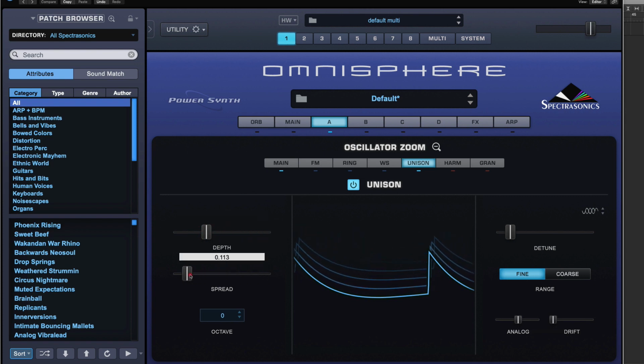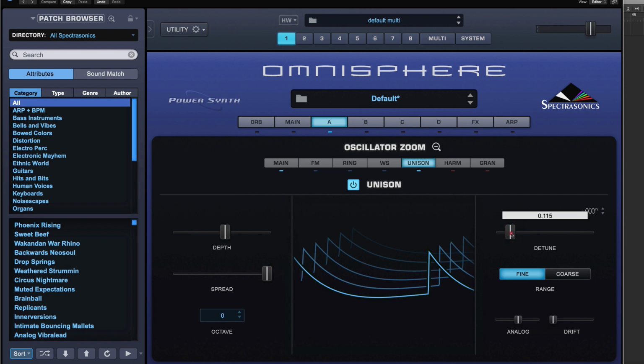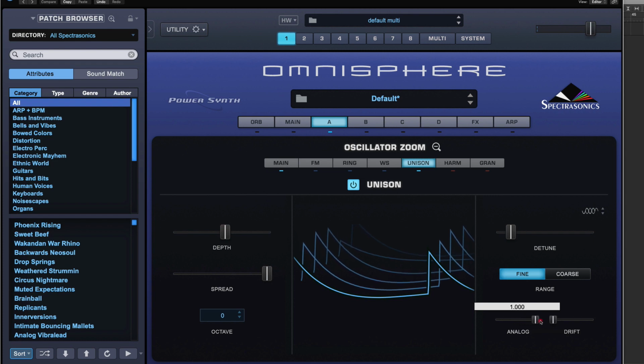The spread is in the stereo field. So here we can have a fat sound, but in the middle, but I prefer increasing this in the stereo field, and you can choose how much detune is applied to each of these with this slider, and how much analog character, basically variations of each waveform. Even some analog drift,